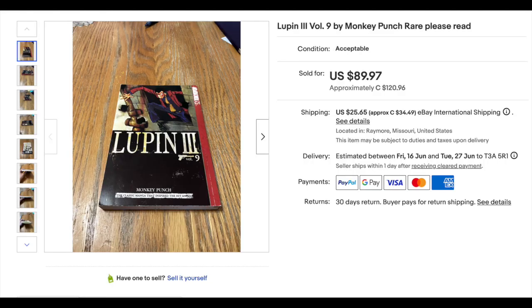Honorable mention number 4 didn't quite make the list, but it's Lupin the Third Volume 9, went for $89.97. Tokyo Pop 2003. I'm seeing a lot of these old Lupins go for respectable amounts. They don't quite make the list, but I wanted to make people aware that they're not,